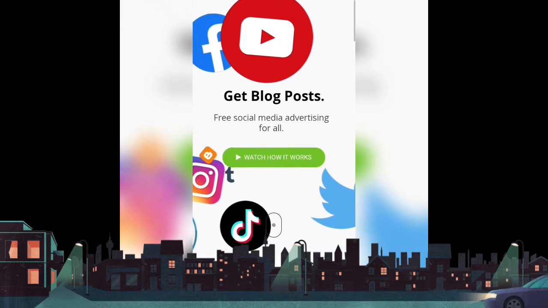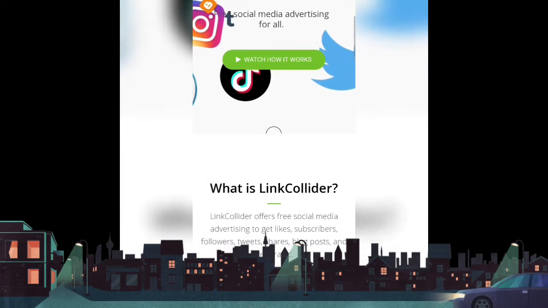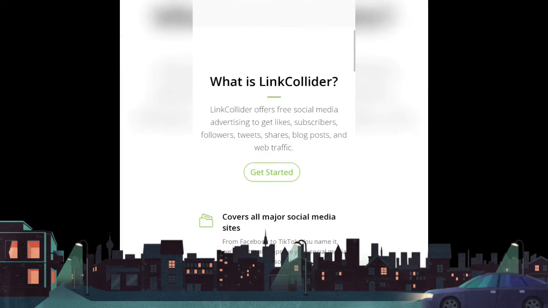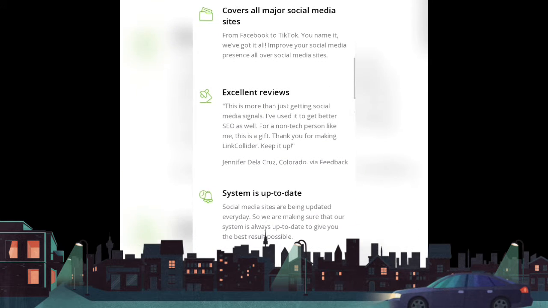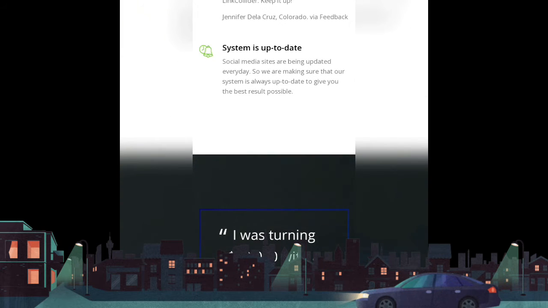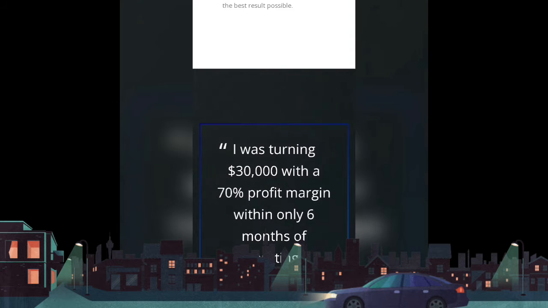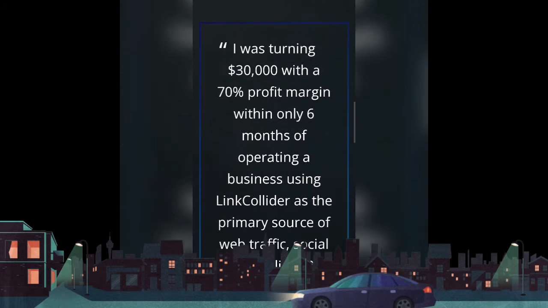Now you can scroll down and you can see all the details of this website are already given. Scroll down, see its turnover, $30,000, 70% profit in this website.